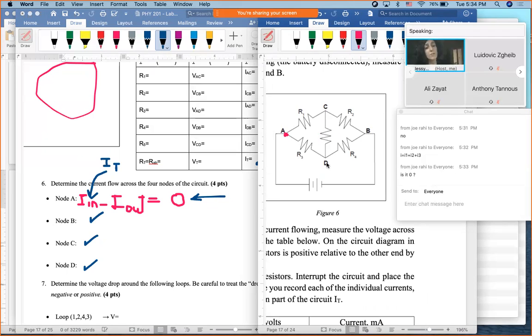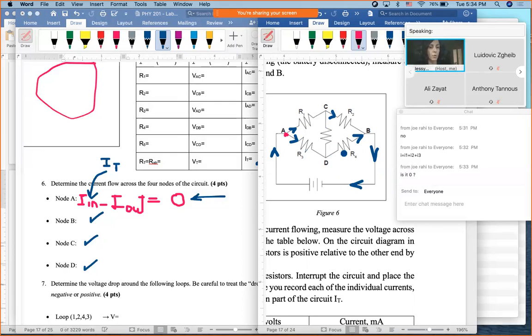You will have difficulty for C and D because you don't know the direction of the current in R5. You know that the current is flowing in this direction, then in this direction, then in this direction, then in this direction, then here, then here. So you know the flow. So therefore you can tell who's in, who's out. But for R5, you do